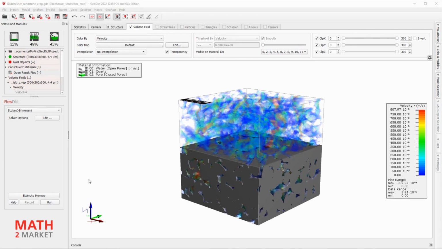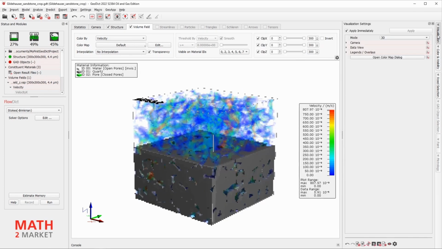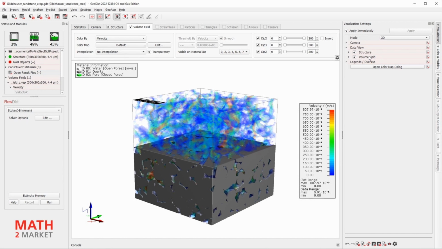You may change every property of the visualization in the visualization menu on the right hand side. Click Data View, and there you can choose which part of the visualization you want to change. In our case, we want to change the values of the volume field.